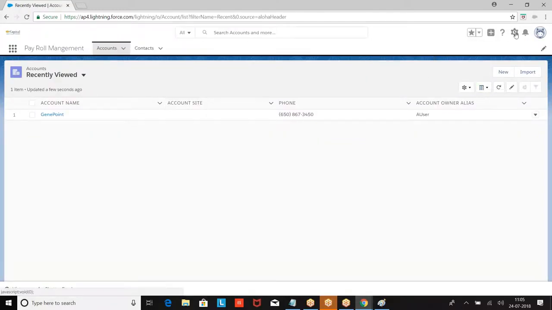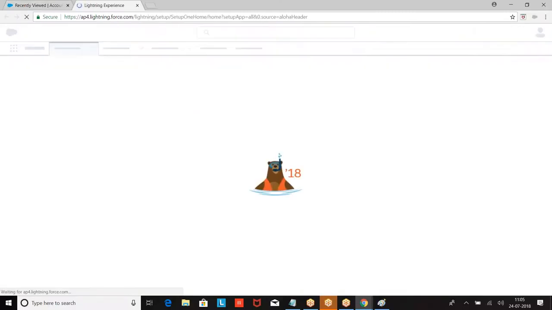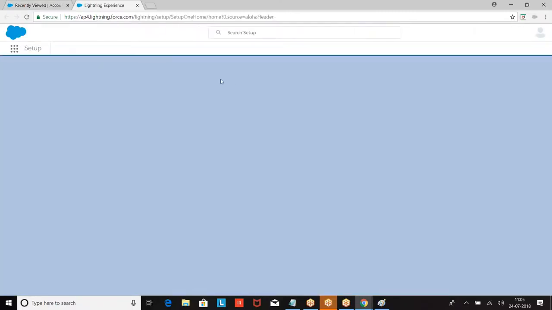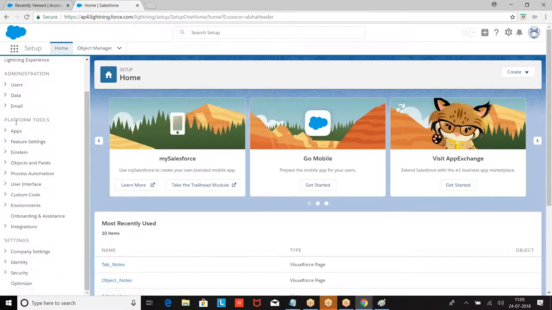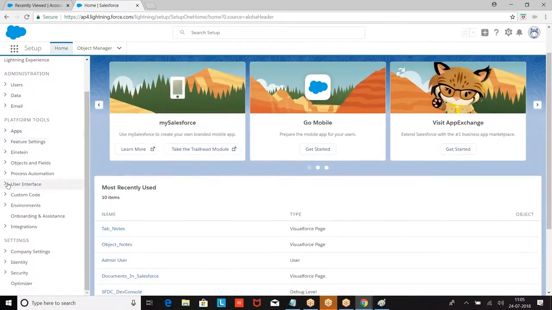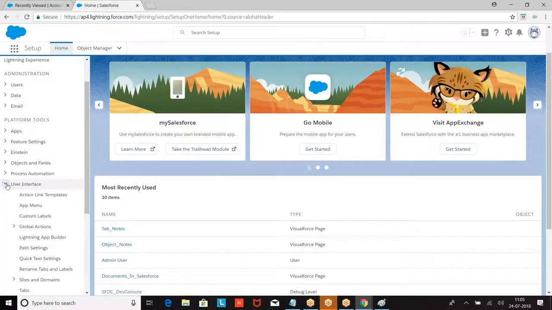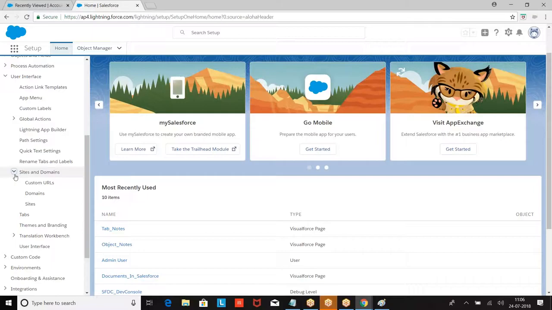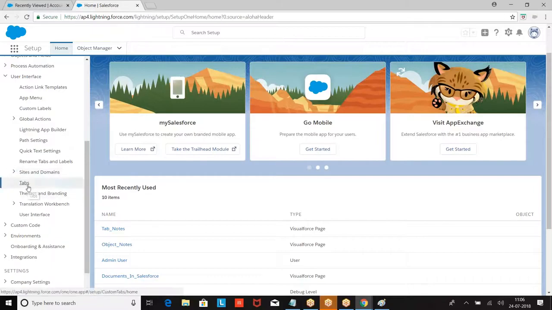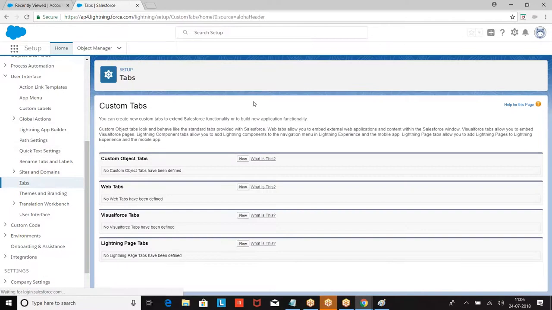Now, Setup, then we have Platform Tools, User Interface, then we have Tabs, Sites and Domains, Tabs, then we have custom object tab, web tab, visualforce tab. So what was this?